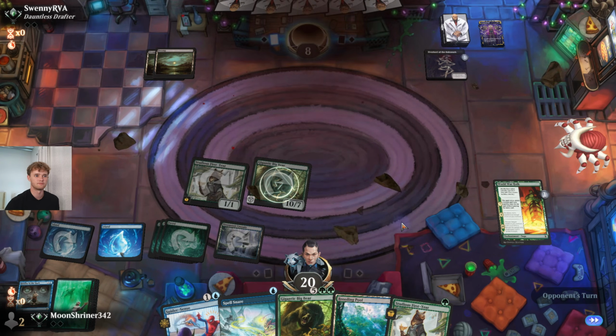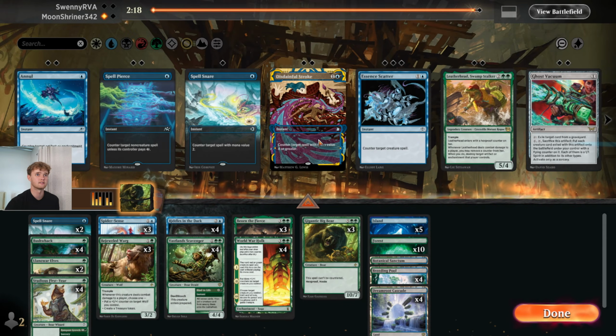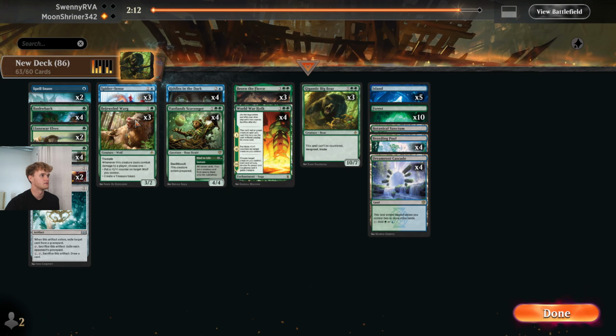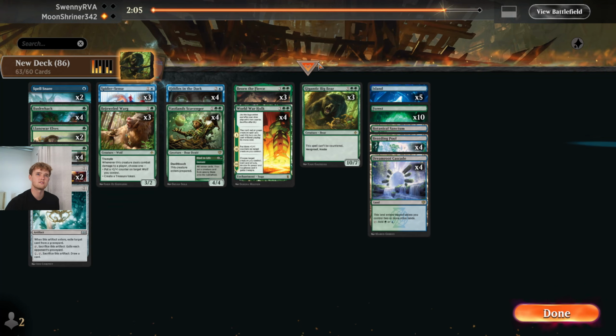Okay, good game. Alright, in the sideboard, yeah, lands, that's true, brother. Sorry. We're going to want to do Ghost Vacuum, Soul Guide Lanterns. There's some sort of graveyard strategy. Spell Snares are good, Spider Senses are good. I just don't know if the Reanimator is a creature or something else. We can just take...